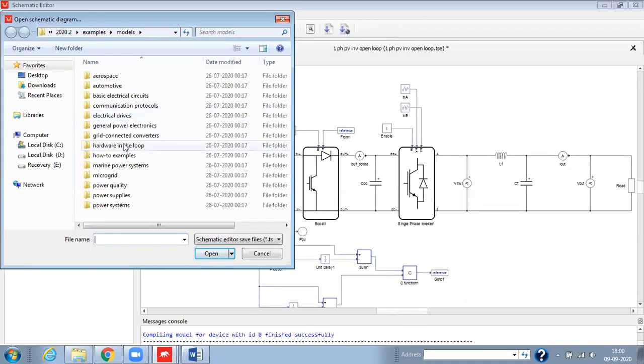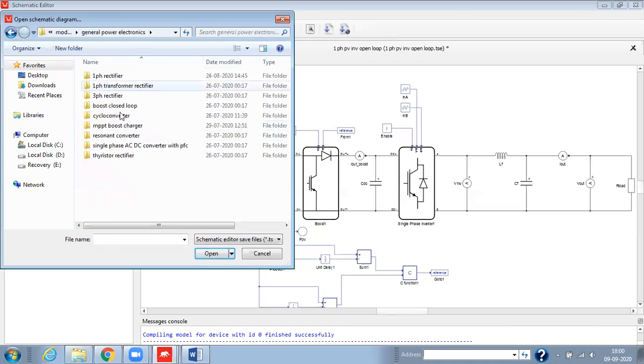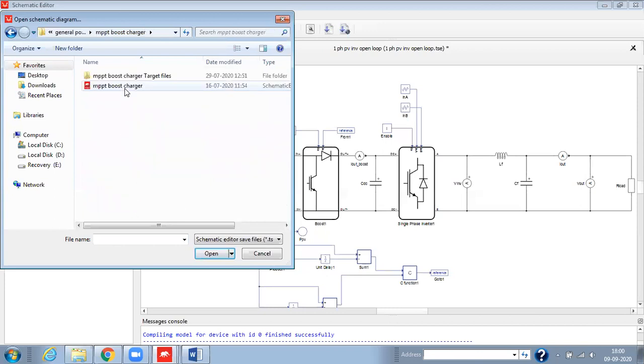Like this, in general power electronics we have different examples: one boost closed loop and MPPT boost charger. So basically,